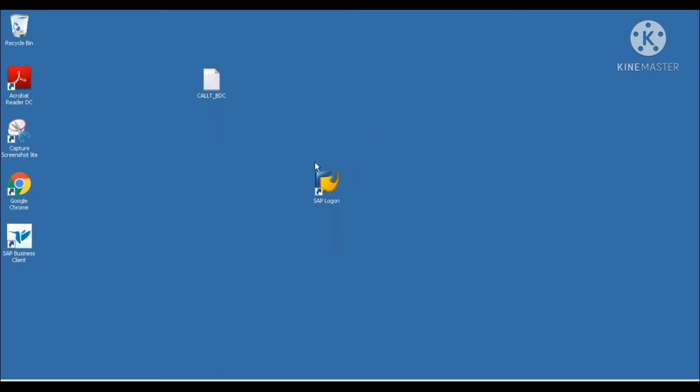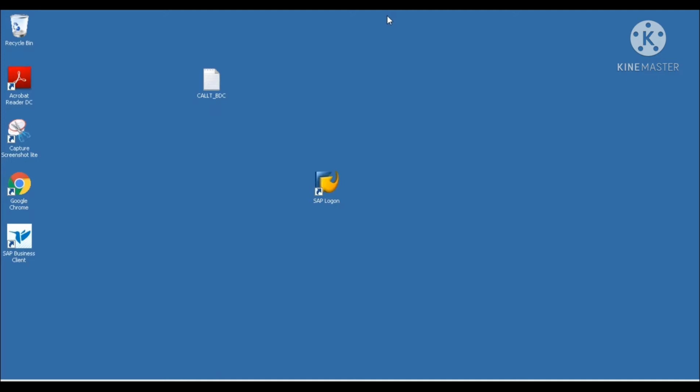You will have to install SAP Logon and SAP GUI. I have the remote desktop here. I have bought a subscription for the remote desktop, and with the help of that, I'm connected directly from my Windows desktop.